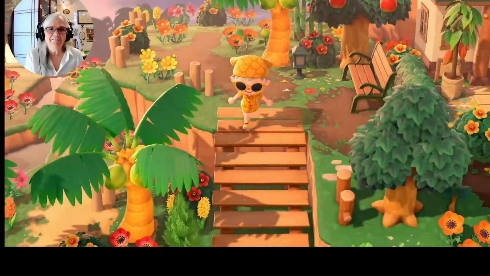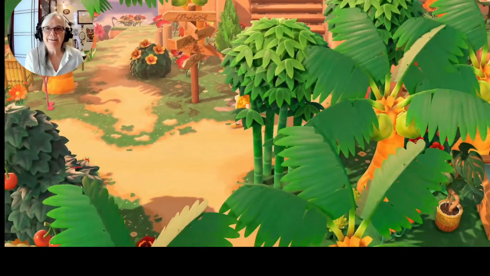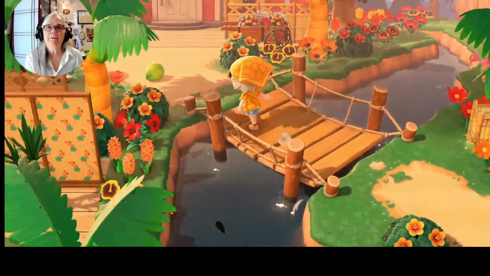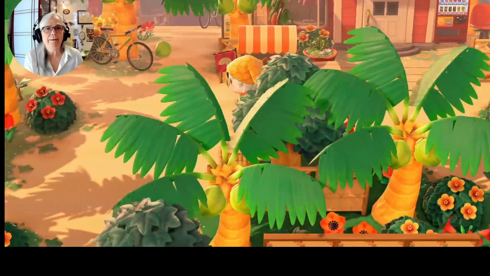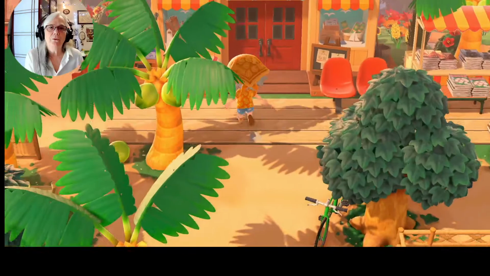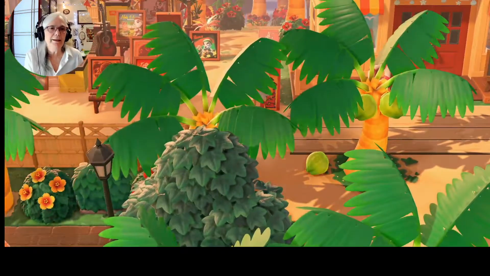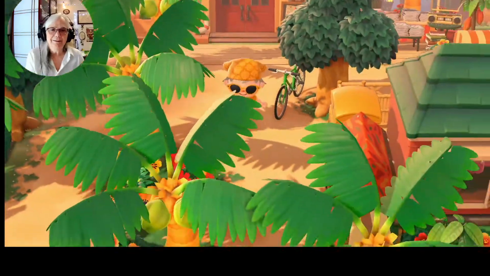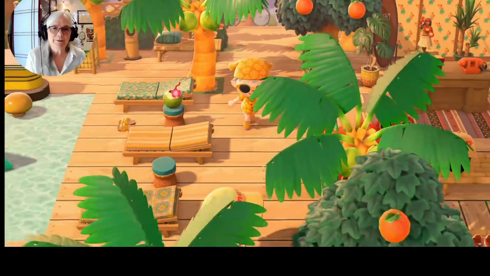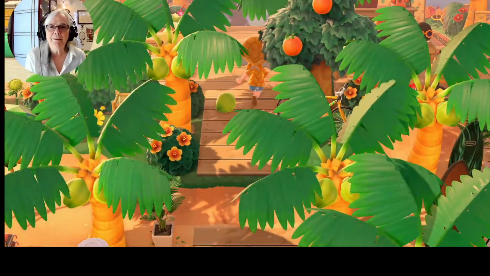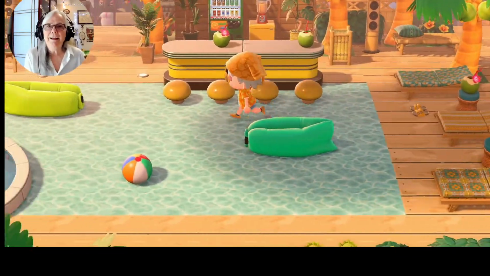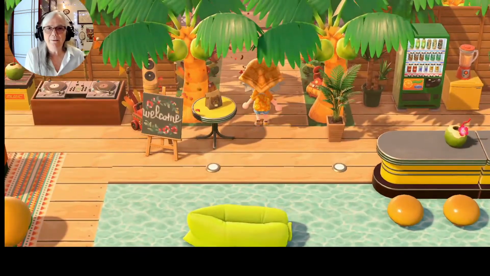Alright, let's see if we can find our way back. Here's the street sign. Not sure, but this looks promising. No. That's Nook's Cranny. Oh no. Am I gonna have to call the rescue services to come and get... Well, this looks promising, actually. There's the pool. So now we're gonna go through here. And there's Luna. And look at the welcome sign.